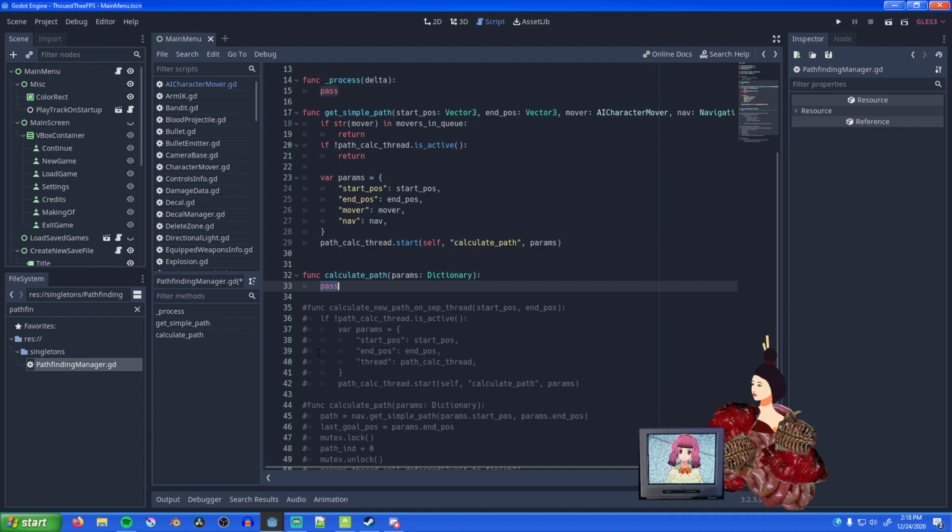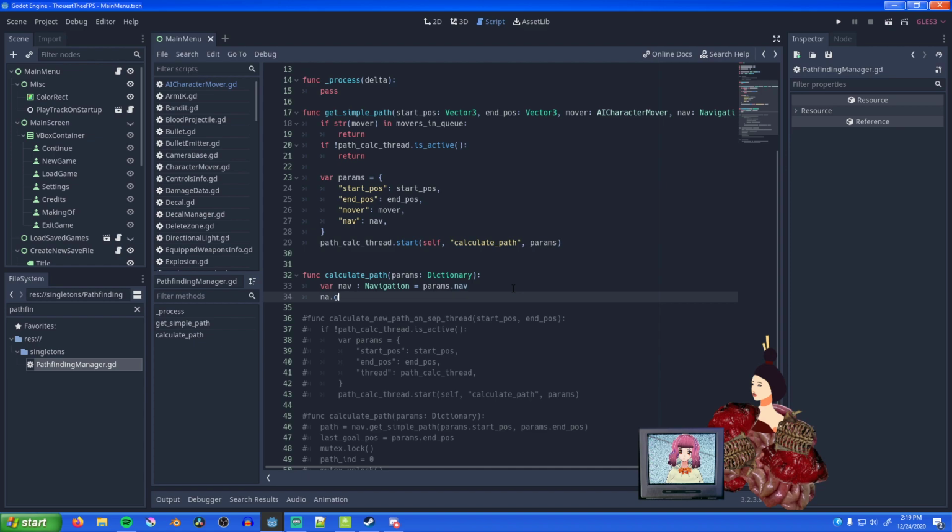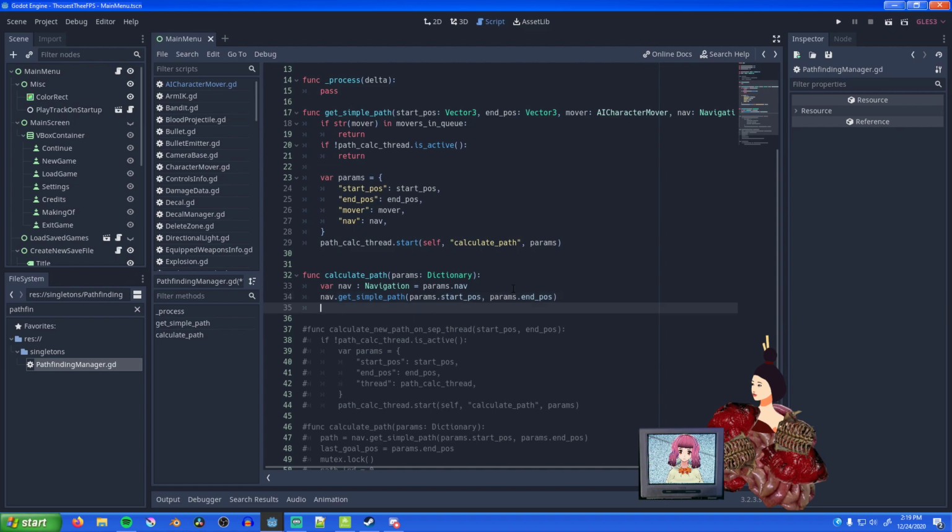Okay, in here we're just gonna say params.nav. And that's a navigation node, right? Our navigation. And then we can say dot get simple path from params dot start position, params dot end position, right? And then